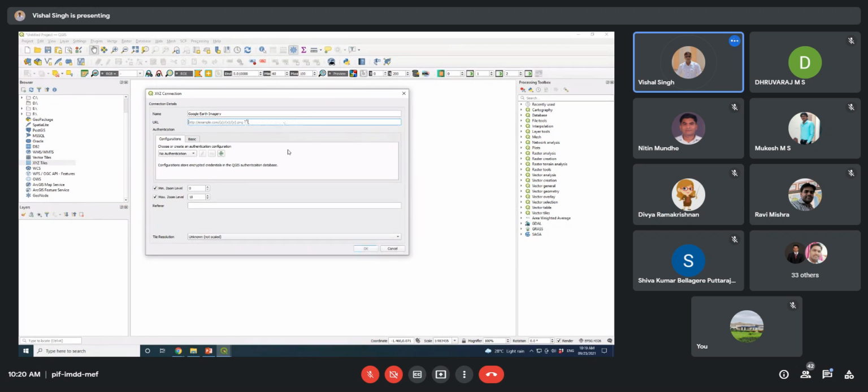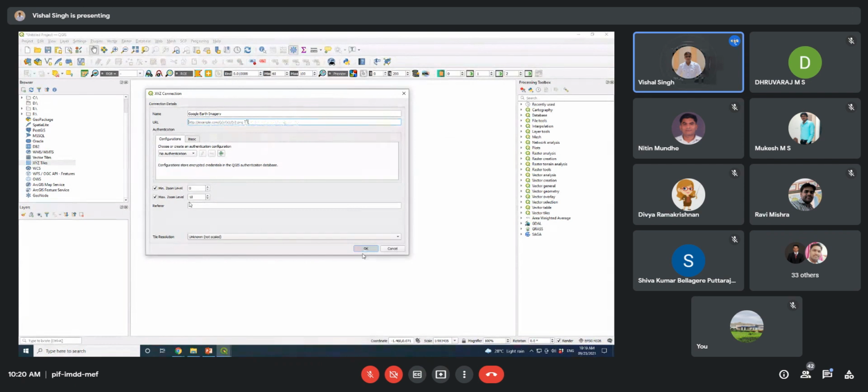After that, you can adjust some zoom level functions here if you want to adjust. Otherwise, you can keep it as it is. And tile resolution you can also set. Tile means the grid size. The one grid size resolution you can set here, but I am going to use the unknown, not a scaled. If you fix this, you will not be able to zoom or get more details based on the set level. So just leave it like this, unknown, not a scaled, and click on the OK button.